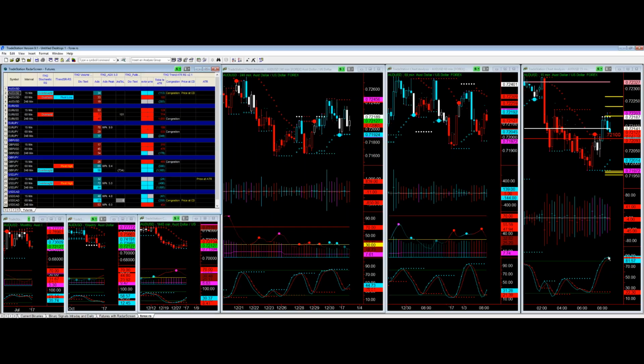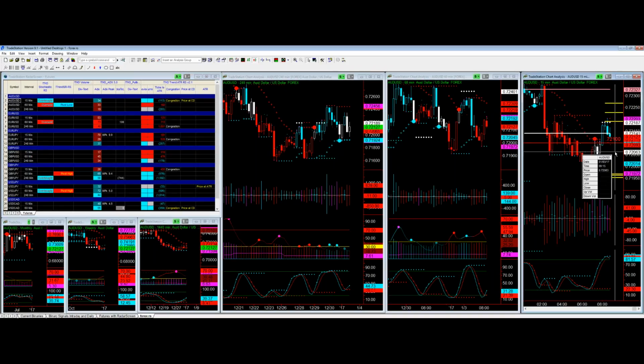And Dinesh, do you see how the stochastics is overextended? You had volume divergence as that high was made. If you don't have all of this together, you shouldn't be taking the trade. It's not one indication. I've got multiple indications saying, yeah, it's searching for support. I'm anticipating it to come up to about 72.05. Okay. Is that going to give me a full profit potential? No, it will not.